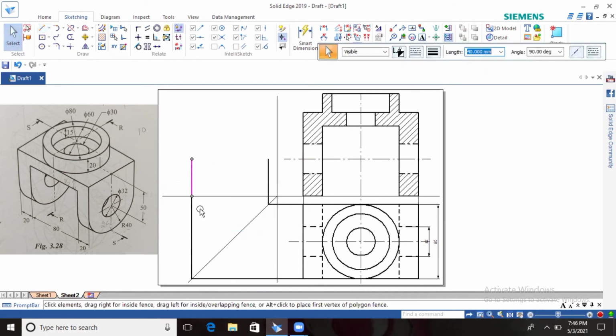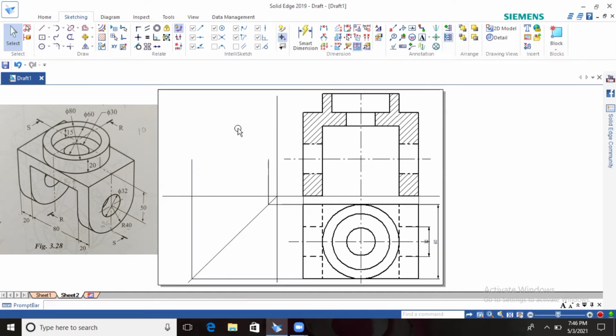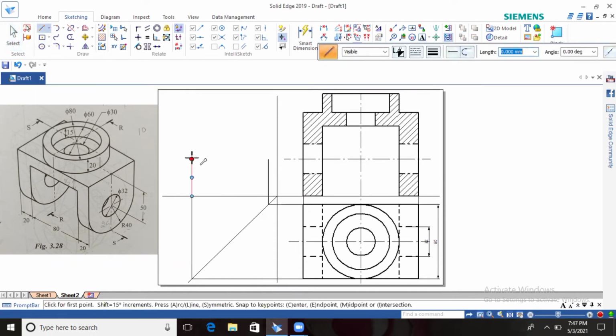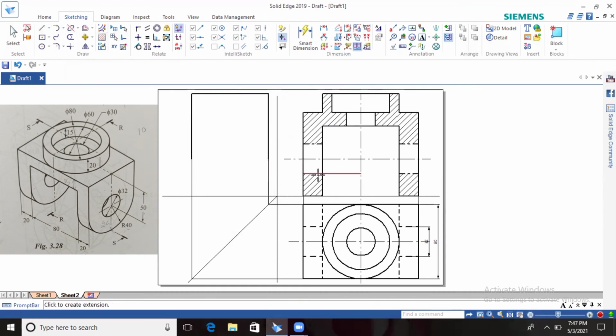Don't use the 0.5 thickness. Here the projection will be 0.13. Now you have to draw the outside line. Look at the side view. The base will be U shape and the top will be a rectangle. Take the reference up to here and draw it and complete this part. The bottom is not a rectangle, it is U shaped, that is a semicircle. I will use the extend command and extend this horizontal axis.